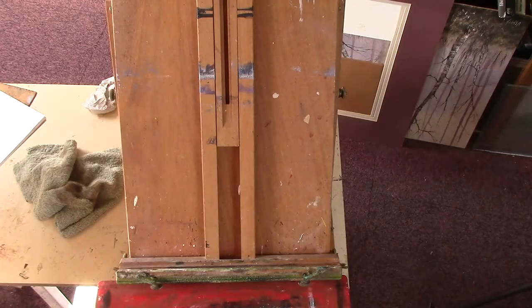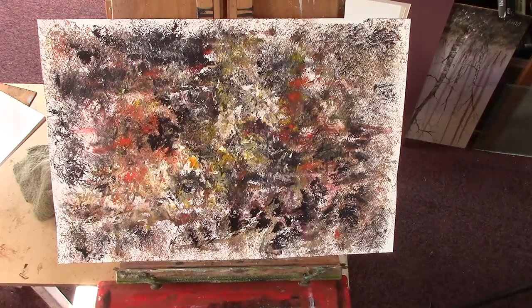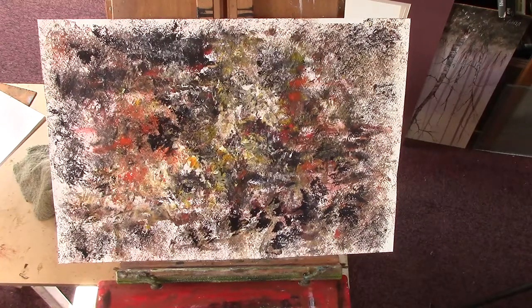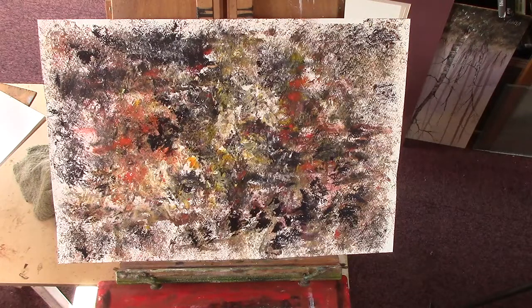And one I did, I wouldn't say Jackson Pollock, but this one, I have others, but I'll just show three that I picked out. That one, it's a very busy one. There's no rhyme or reason, there's no action painting, there's no drip painting. But I was watching a